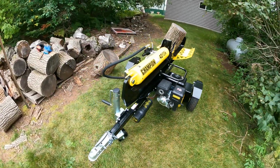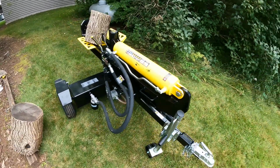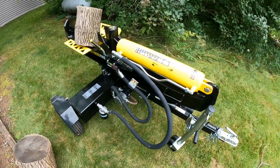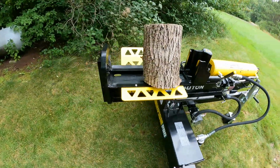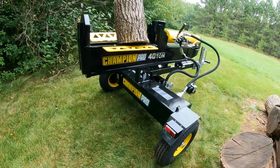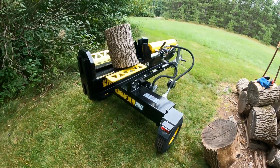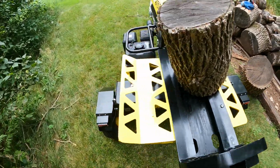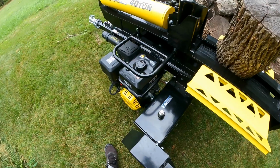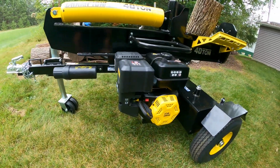Super excited to bring you an actual user review of this brand new Champion Pro model 201091 40-ton log splitter. This thing is an absolute beast. I got it put together about a week and a half ago and got busy with, well, everything, life. And weather wasn't cooperating, so finally getting some time to get out here today with you guys and do a